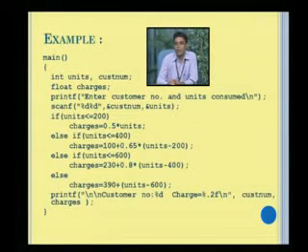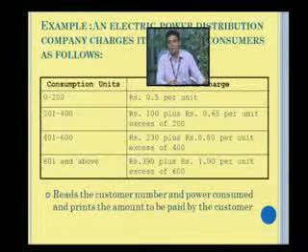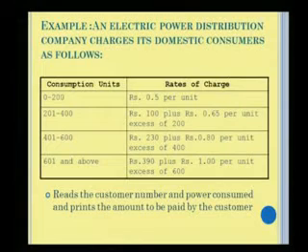If my units are a little more than 200, then what happens? Else if units is less than or equal to 400, then charges is 100 plus 0.65 into units minus 200. And in a similar way, else if my condition for units is less than or equal to 600, I have to check all the conditions and calculate the values of the charges, and accordingly